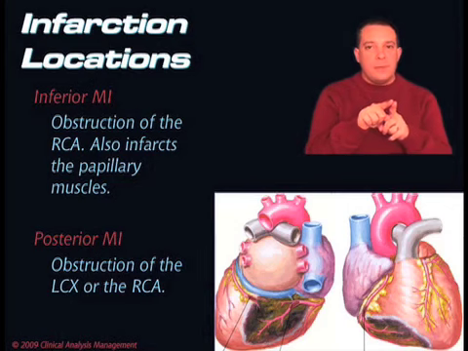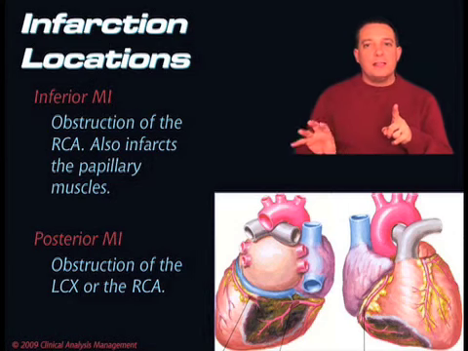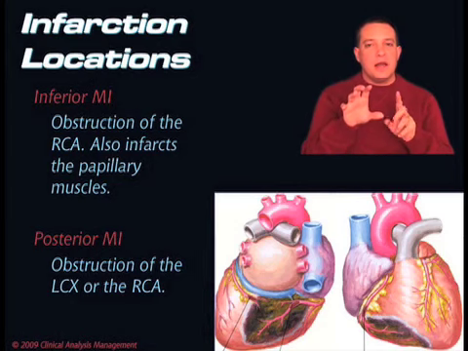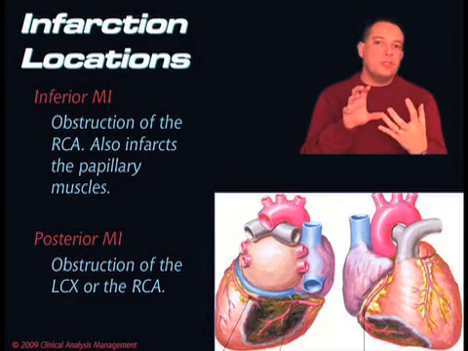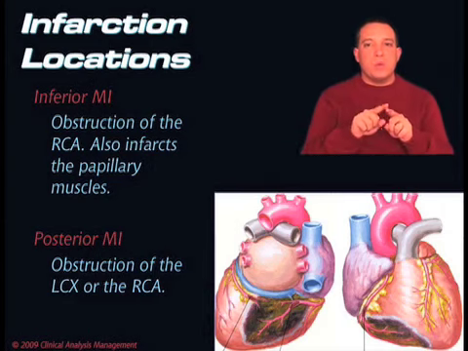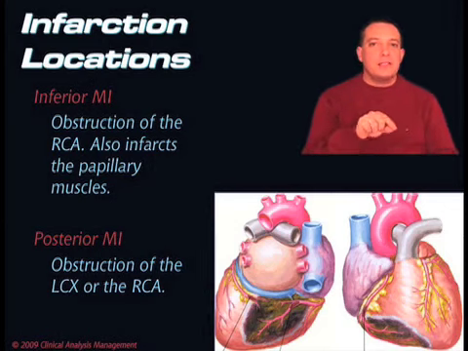Remember that if the occlusion is above that right marginal, in other words, if it's above the split, then by definition, if the patient's got a right-sided MI, if they're in that 51 to 60% of people who have the vast majority of the blood flow in the back of their heart from their right coronary artery, then they are also going to have a posterior MI. So if we see a right-sided occlusion that involves both an inferior MI and a posterior MI, then the next thing we need to do is